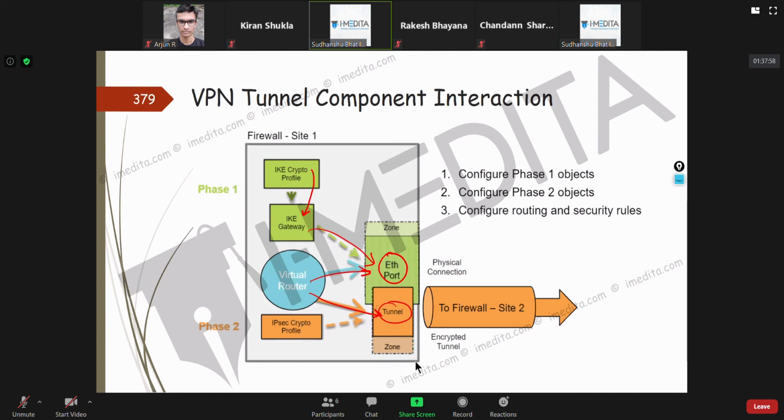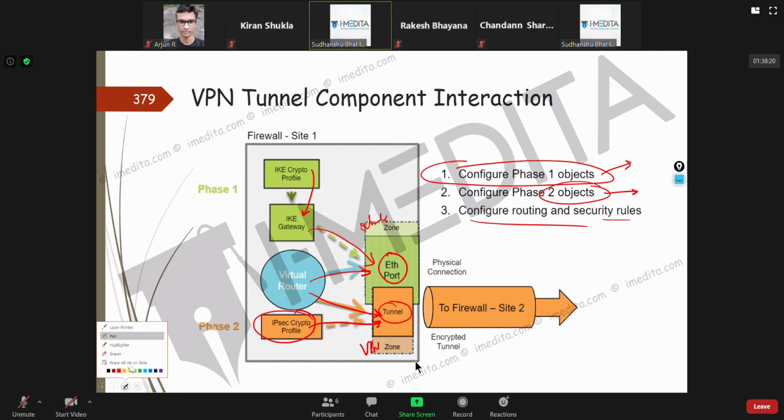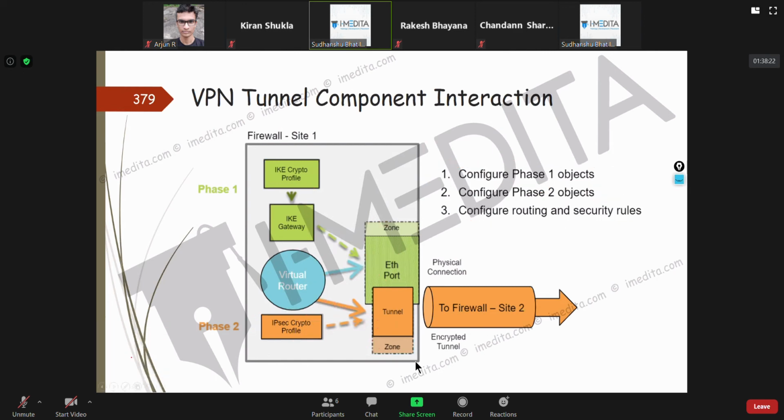You can have them in different zones, this in a VPN zone, this in an outside zone, it doesn't matter. Then the IPsec crypto profile points it to the tunnel, and that's how we configured the phase 1 objects. That was the IKE crypto profile. Phase 2 objects, that was the IPsec crypto profile, and we configured routing and security rules and made sure it worked.